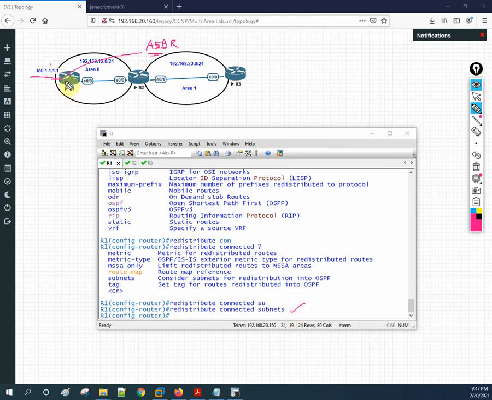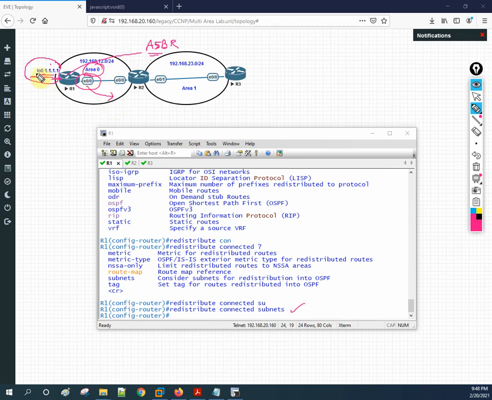Whatever interface is directly connected here will go inside OSPF. We have only one connected here, and this is also connected, but here we already configured OSPF, so this will be in area 0, but the other will not be in area 0.